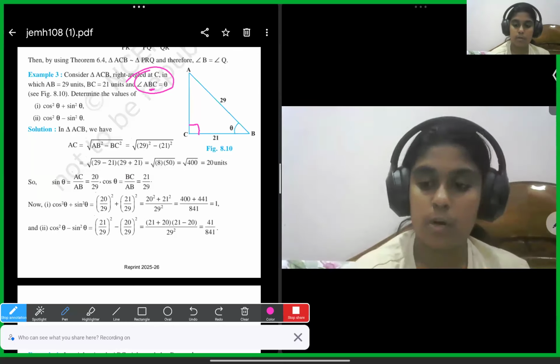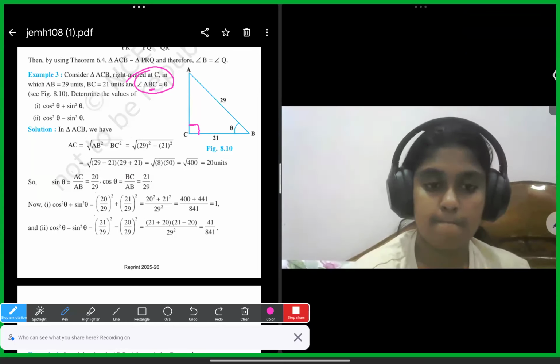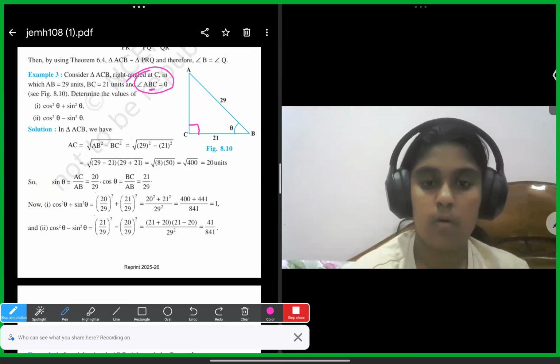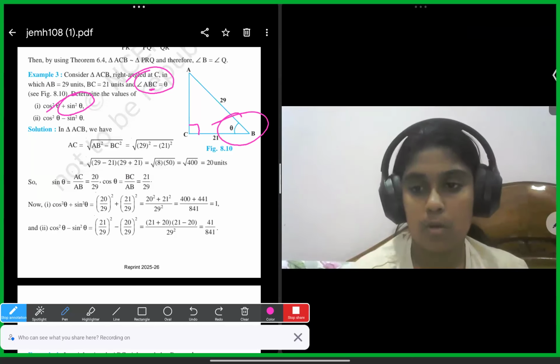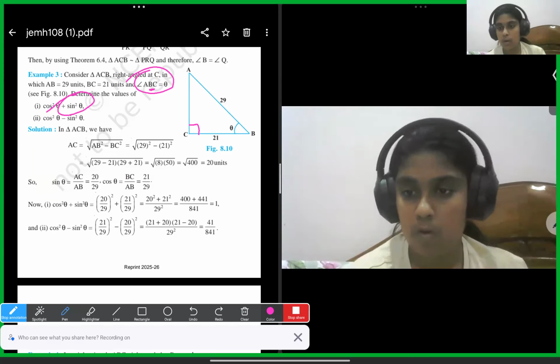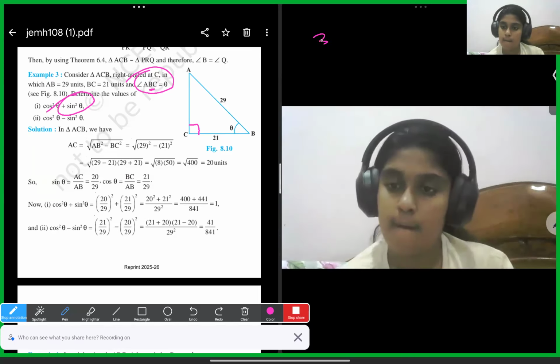No doubt. Yes, Hasni. We will first find AC, so that we will have everything we need, because sine theta is opposite side by hypotenuse. The opposite side is required for this theta because B is theta. So from the figure, Hasni,